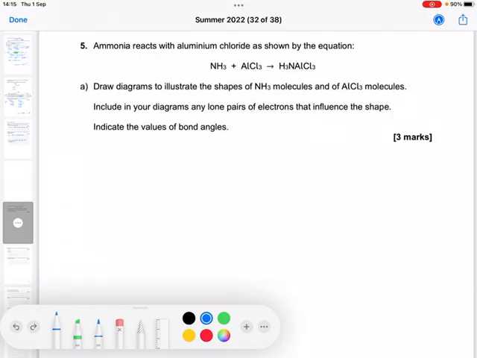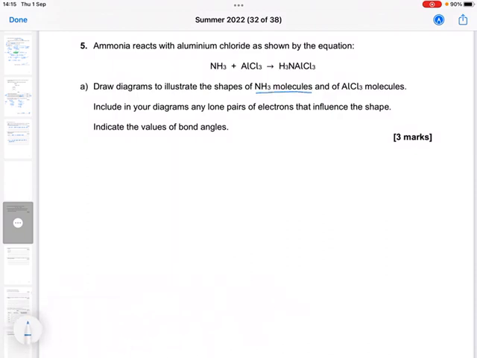Okay, shapes of molecule question. So ammonia reacts with aluminium chloride as shown by the equation. Draw diagrams to illustrate the ammonia molecule and the aluminium chloride molecule. Include in your diagrams lone pairs that influence the shape, and we need to do the bond angles